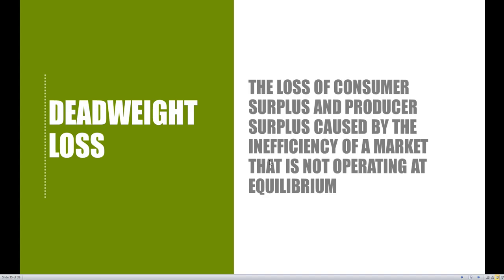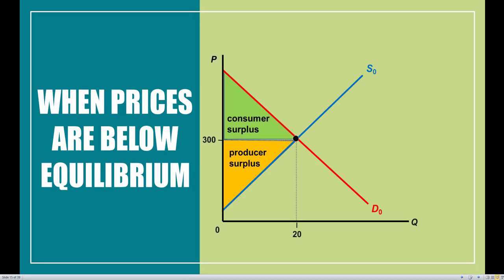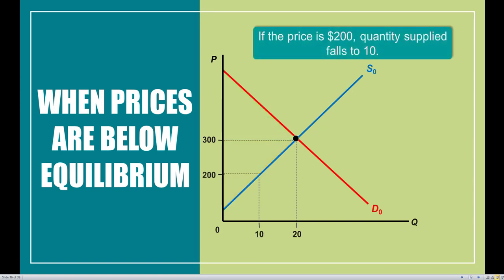And suppose that we turn our attention to the other side of the story. Suppose that prices are below equilibrium. So knowing what happens when we're above equilibrium, we can easily apply it to when prices are below equilibrium. Suppose that we're working with a price of $200. In this scenario, who should be winning instead? It would be the consumers. So we should see a very big area for consumer surplus because consumers love low prices.